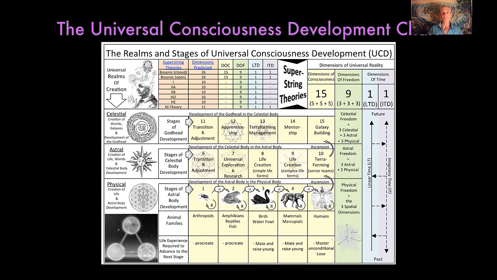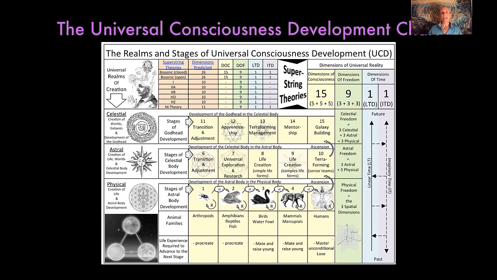So that's what they did. They solved it purely from a mathematical perspective. The next 5 superstring theories all predict 10 dimensions. And then the most well-known, which is M theory at the bottom, predicts 11 dimensions of reality. And how do they get to these different numbers? Well, it is my